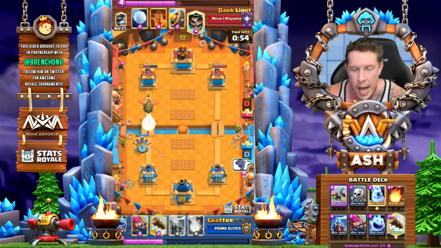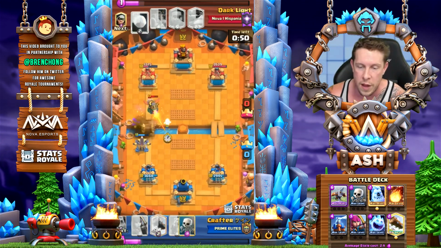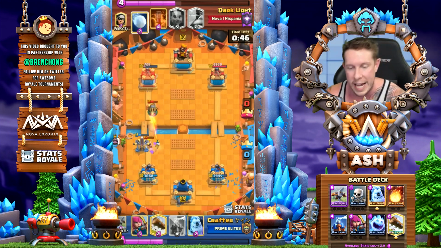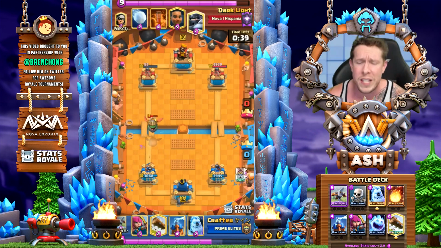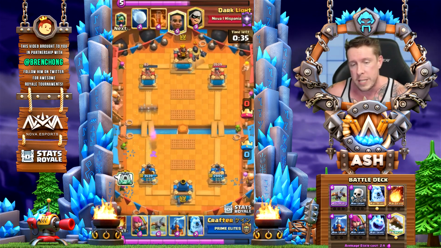Now it's double elixir time. Now he's going to get a little bit more aggressive. He goes in again, nice fireball value there. He gets a lock on that tower. He's using all of his cycle cards, uses Ice Spirit to retarget that Inferno Dragon, and see how we played passive, passive, passive, and then when the timing was right, we went in really aggressively, and we supported that Xbow